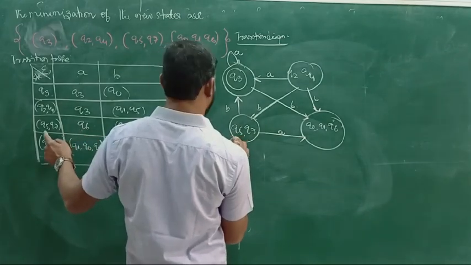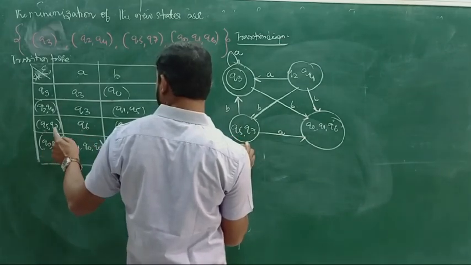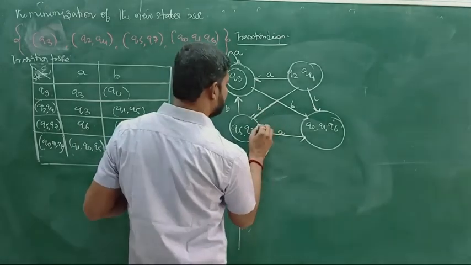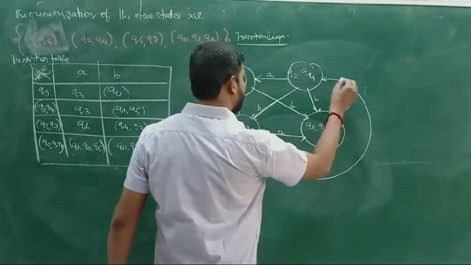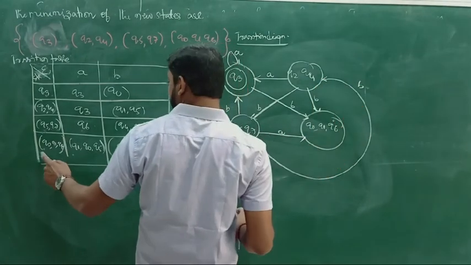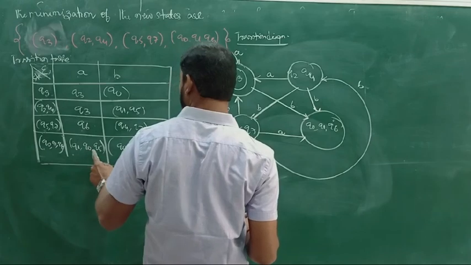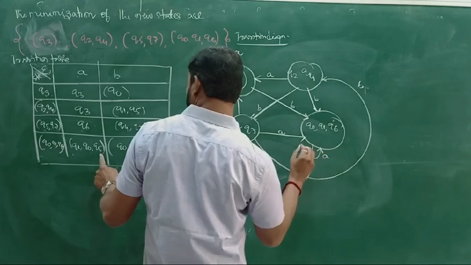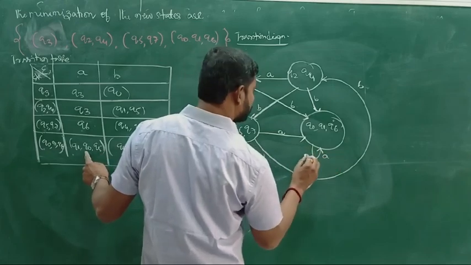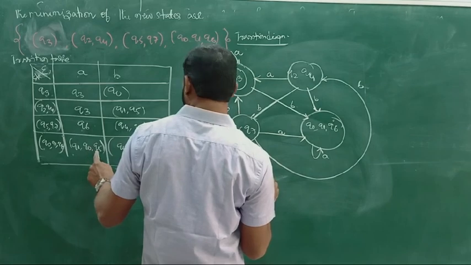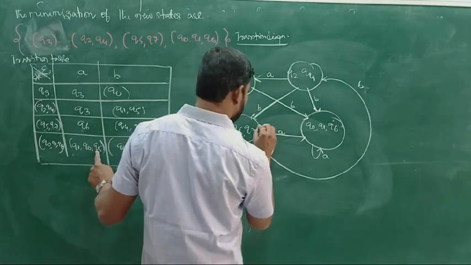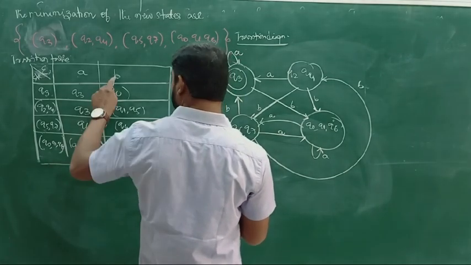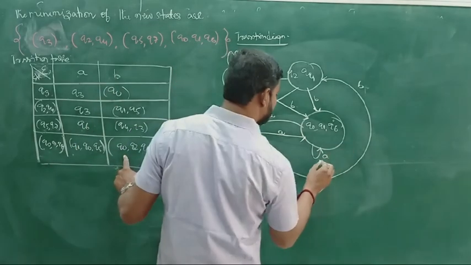Q4 Q5 of A is equal to Q6, and Q5 Q4 is Q3. Where is Q4? This is Q4. So I have given the transition, this is Q4, and here we give the B. Next Q0 Q1 Q6: Q1 of A is Q0, Q5. So Q1, Q1 of A. Next Q0, here will be A. And Q5, where is Q5? This is Q5, again the A. And next Q0 Q1 Q6 of A, and Q0, so here Q0 with B.